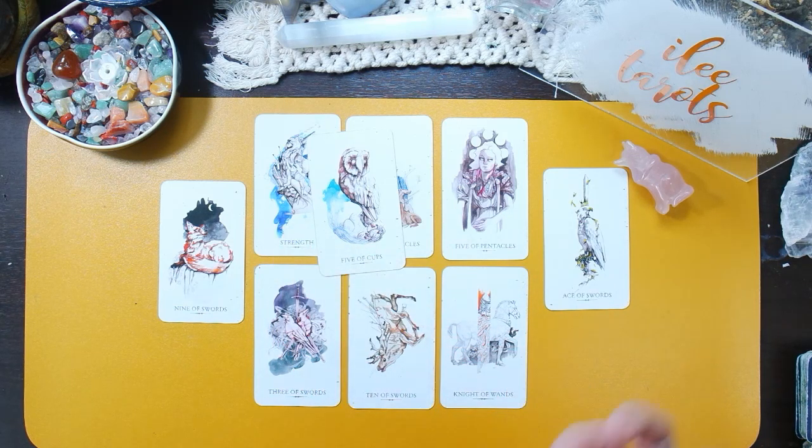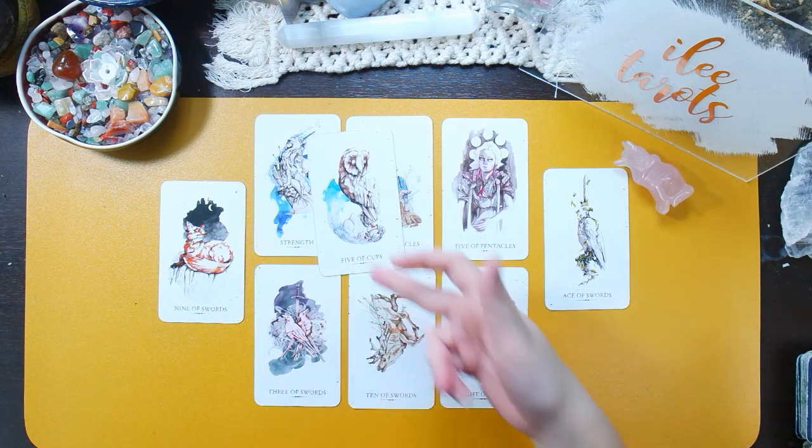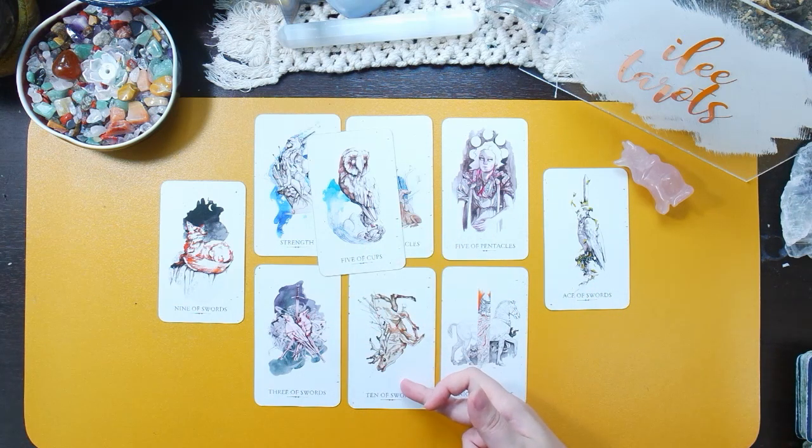Okay, it is something that you have been fighting within. You know, you've tried to be brave, you try to have courage, you try to be strong, and you are strong. All these cards are not easy. They are not easy to contain. They're not easy for you to keep inside yourself. Okay,